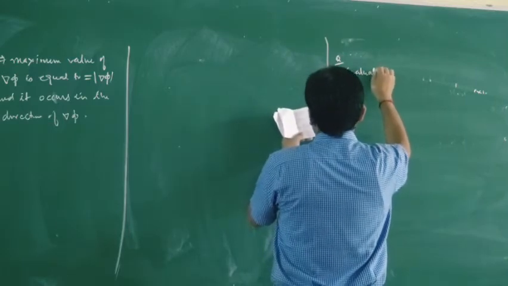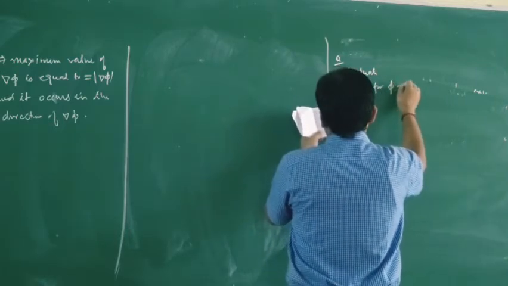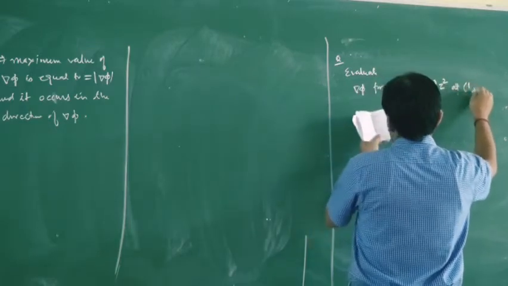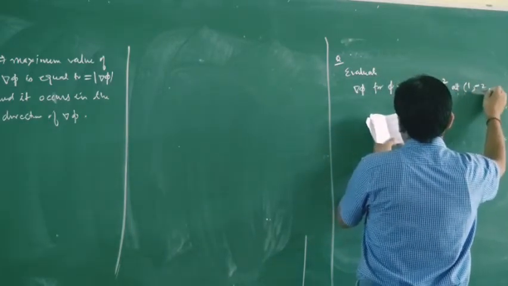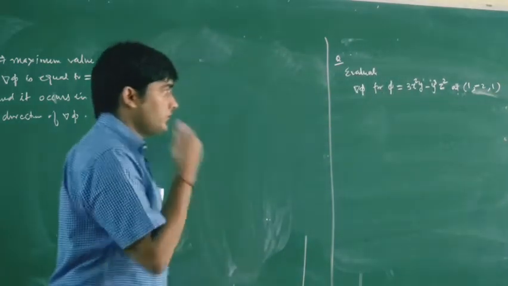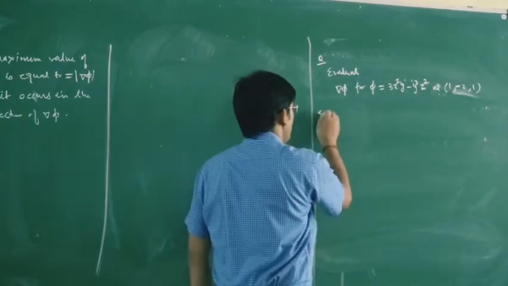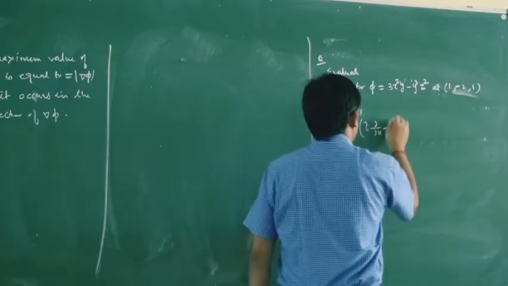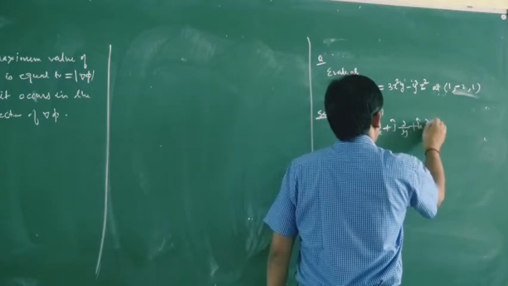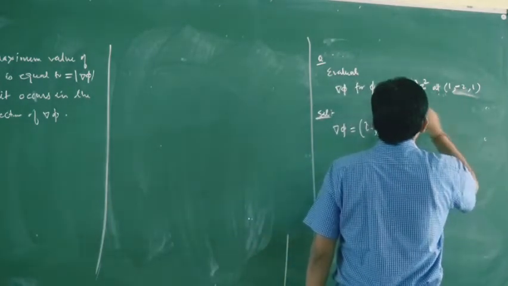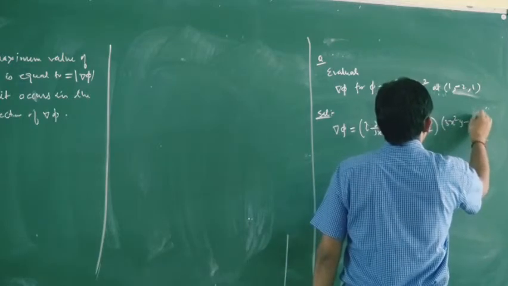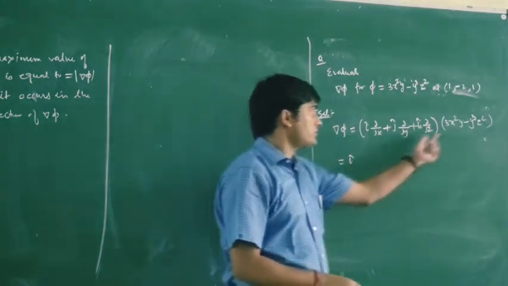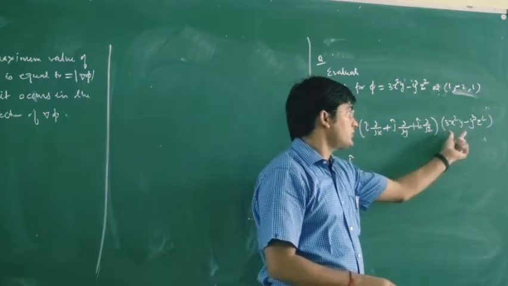Evaluate grad phi for phi equal to 3x square y minus y cube z square at the point 1, minus 2 and 1. So just evaluate the value of grad phi for this phi at this point 1, minus 2, 1. So solution, your grad phi is equal to i del upon del x plus j del upon del y plus k del upon del z of phi, where phi is 3x square y minus y cube z square. Now this is equal to i times the partial differentiation of this bracket with respect to x, which will give you